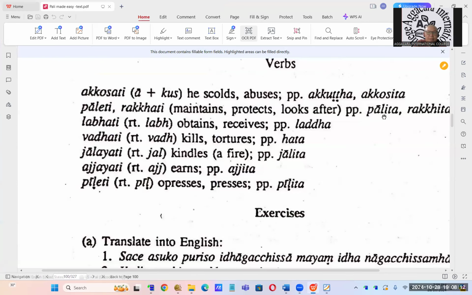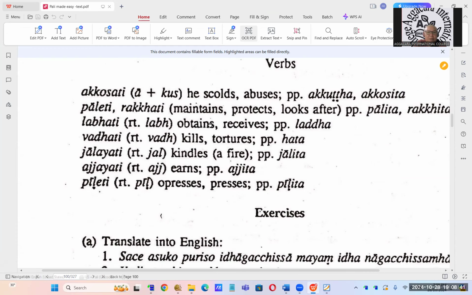So paleti, palita. All right. This kind of thing is good to ask for an exam, because it tests your knowledge of Pali, your grammar, and to see whether you can recognize the word. Paleti, palita. Rakkhati, rakkhita. It's very easy. So paleti, like lokapala, the protection of the world. Rakkhati. All right, so as we saw before, the root will be rakkh, right? Arakkha devata. From this one, the root is rakkh, right?